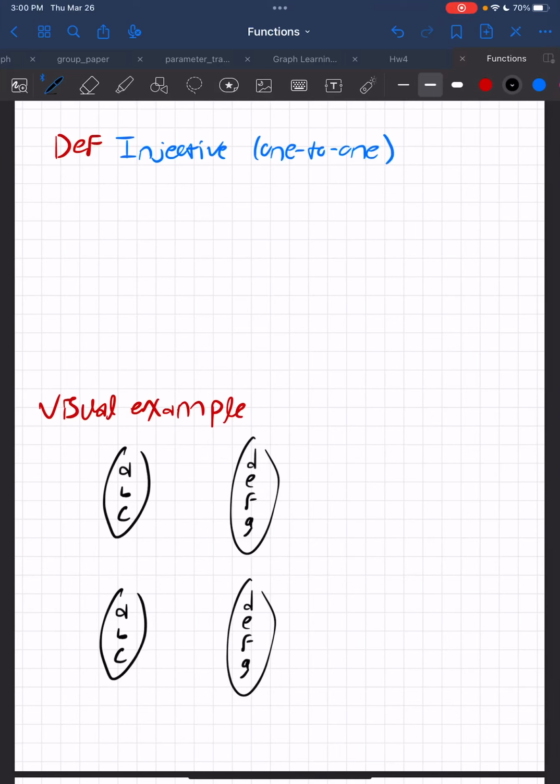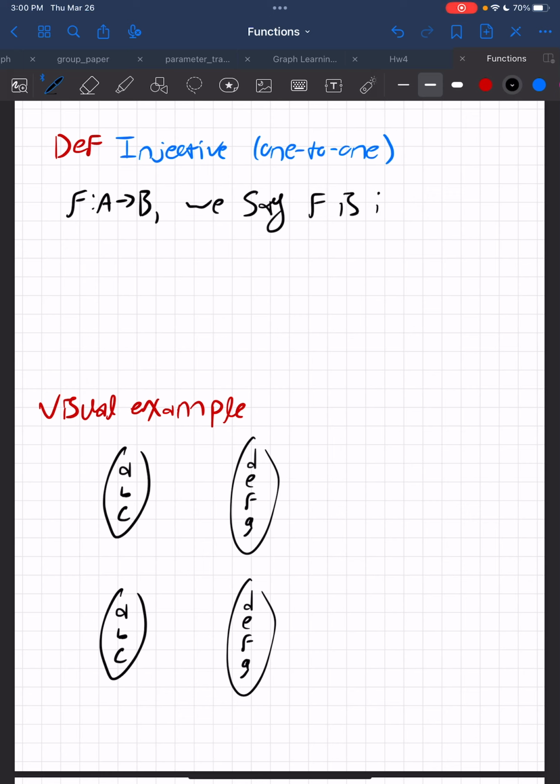Okay, so this video is about the definition of injective functions, some visual examples of functions which are injective and not injective, and then a brief proof that a particular function is injective. Hopefully, the proof at the end will help you when you're thinking about how to prove a function's injective on your upcoming midterm. So let's remember, if f is a function from A to B, we say